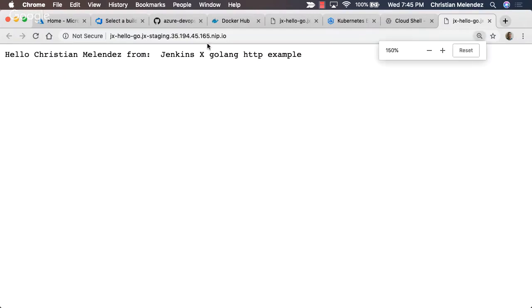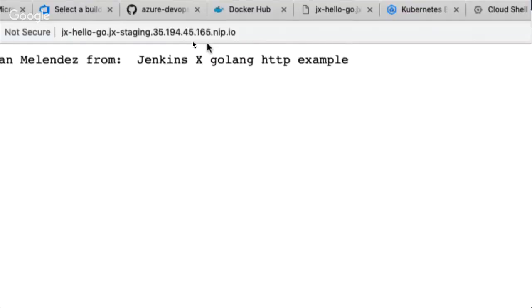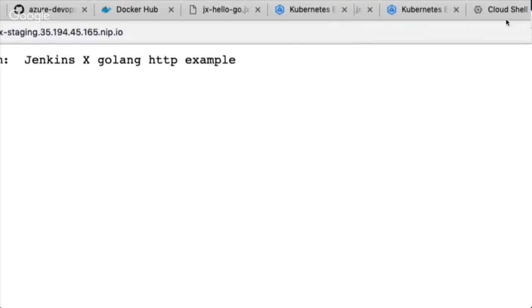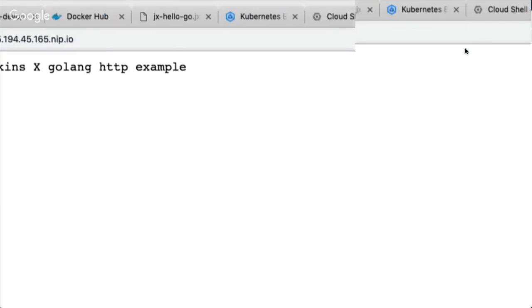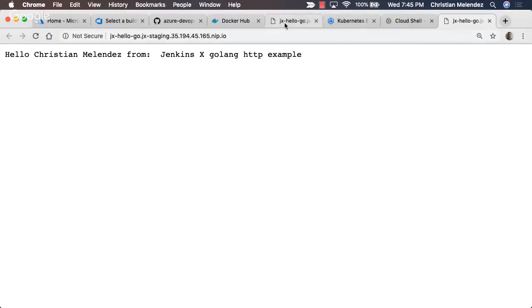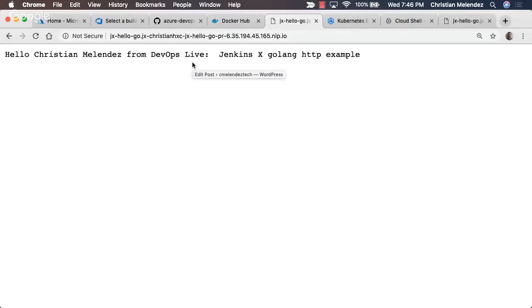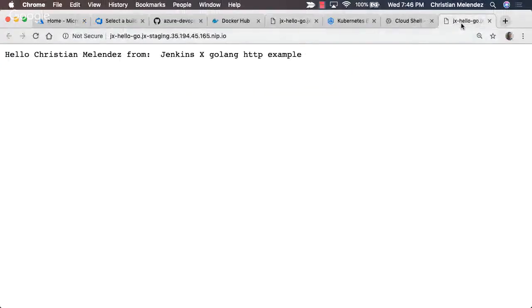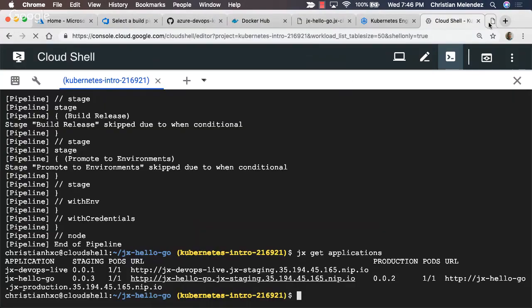You can see that the URL says staging. It doesn't say that it is the pull request that was just created. Let's click so you can see the difference. Pull request number 6, right? This is a preview environment, and it is not yet in staging or production. If I click here, it's not there yet.